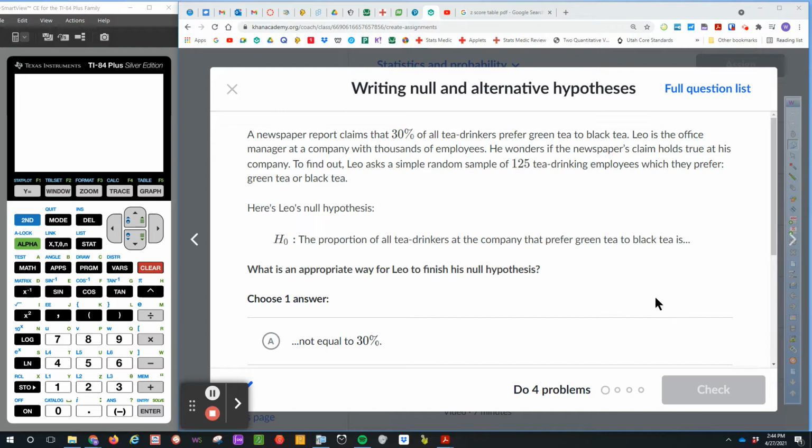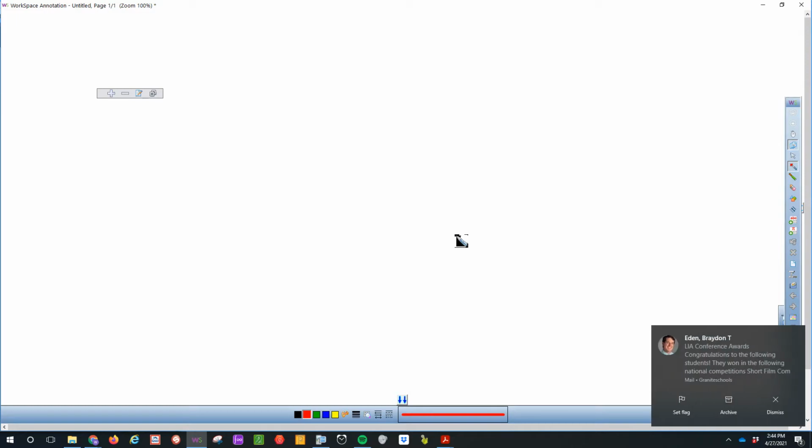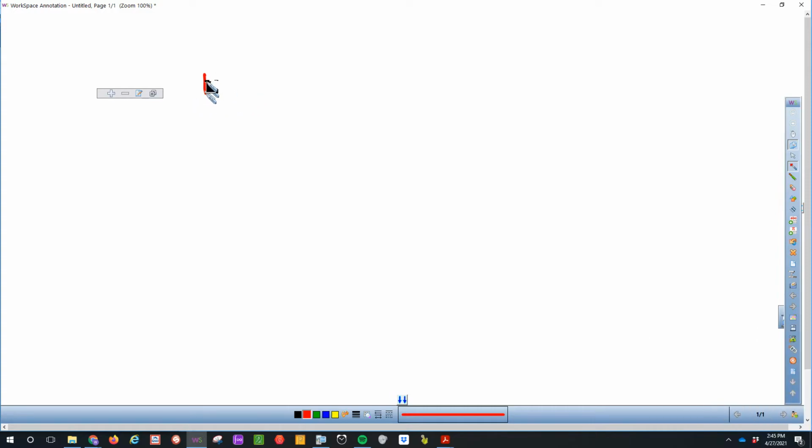So today we will do the exercise writing null and alternative hypothesis. Why do we write hypothesis? What's the need to write a null hypothesis? So, null